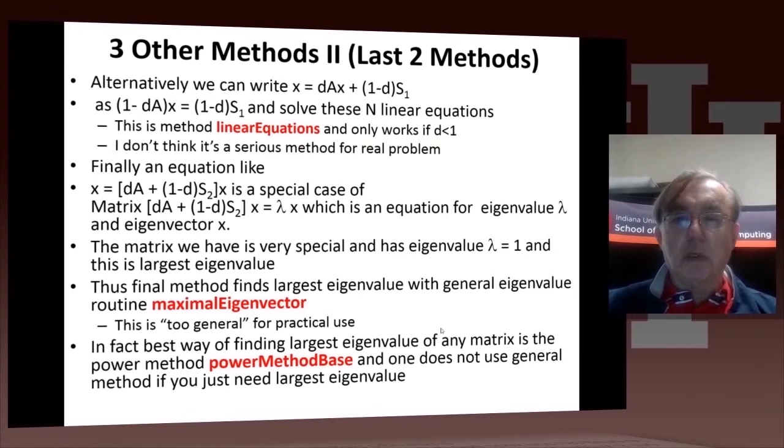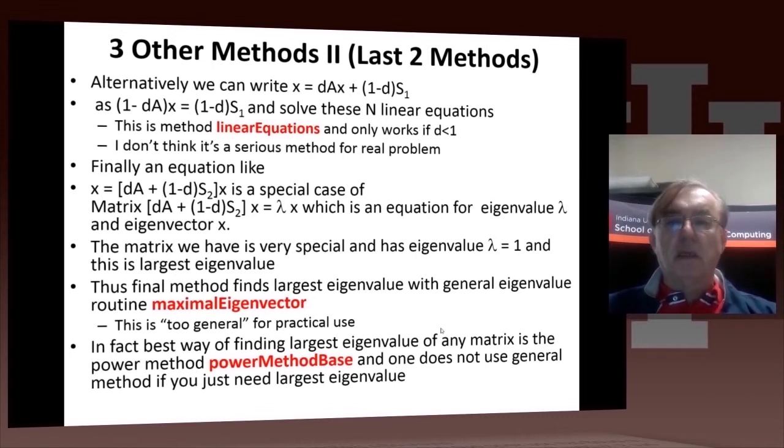So we've gone through 2 of the 4 methods on the PageRank 2.py page. The last 2 are really mathematical curiosities and not such serious methods. If we look at the basic equation, x equals d times Ax plus 1 minus d times s1, which was the form we introduced in the last page, we can write that as a sort of solver form: 1 minus d, a matrix, times x equals 1 minus d times s1. So this is a basic linear equation solver, and you can just,